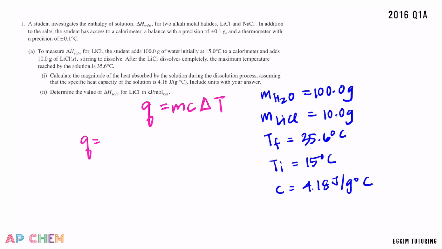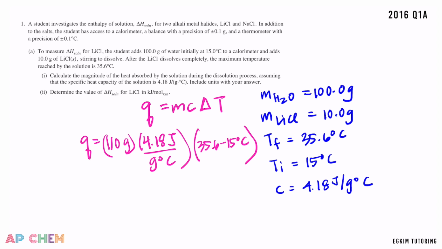So Q is equal to 110 grams. A lot of students put 100 grams instead, meaning they just put in the mass for the water. Remember, this is a solution of lithium chloride being dissolved into the water. And then for c, you would have 4.18 joules per gram degrees Celsius. Your delta T is going to be 35.6 minus 15 degrees Celsius. Another common mistake was swapping the temperatures around. Just remember that a delta, usually in science or math, means a final value minus an initial value. So you should have gotten for Q